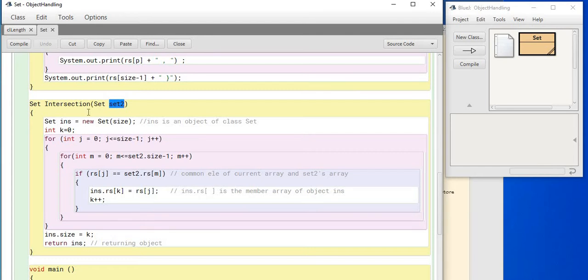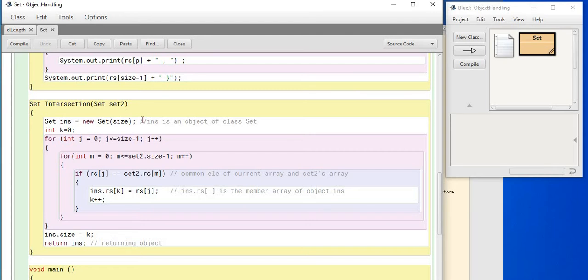Therefore, I need an object to store the result. So ins is an object of class set which is for storing the result of intersection, and it's going to work with the local, by local I mean the member of the current class, and the member of object